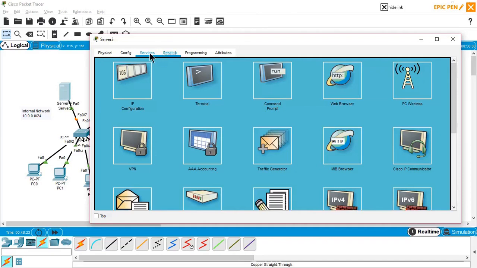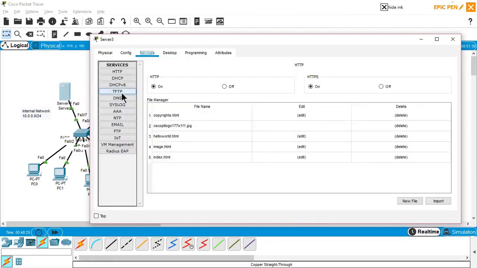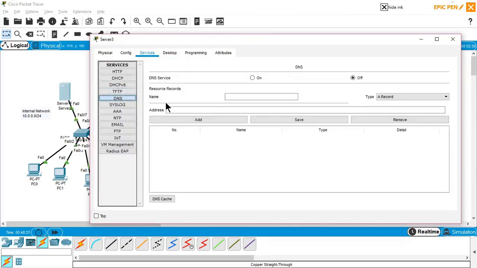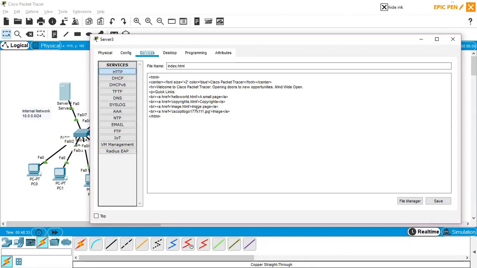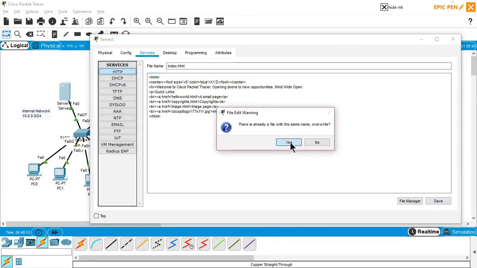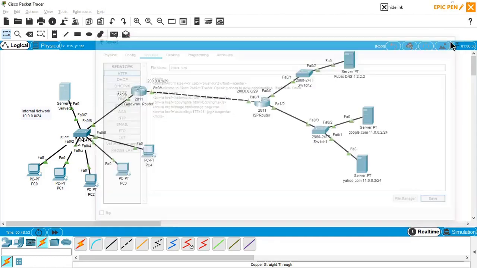But under the services, let's say my company name is xyz.com. Under the HTTP, I'll just make some changes. Let's say this is company XYZ, and I'll just save it. So this is my web server, and now